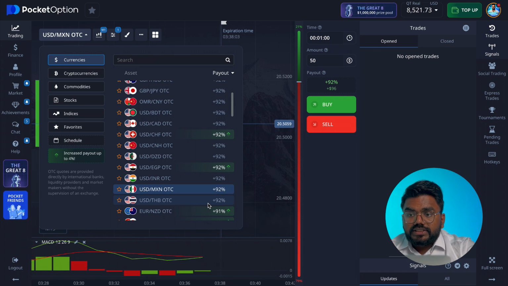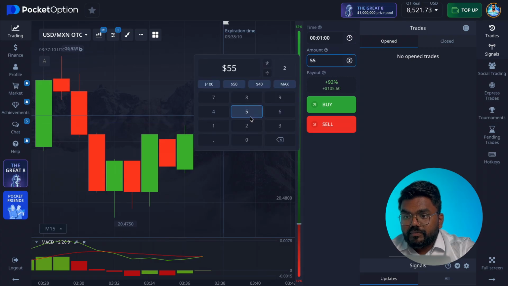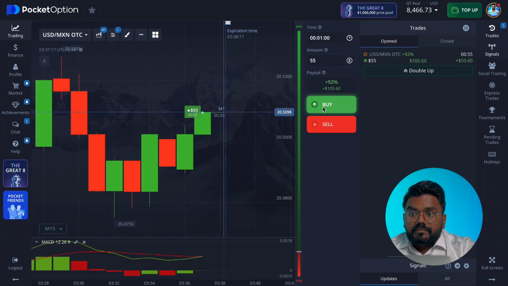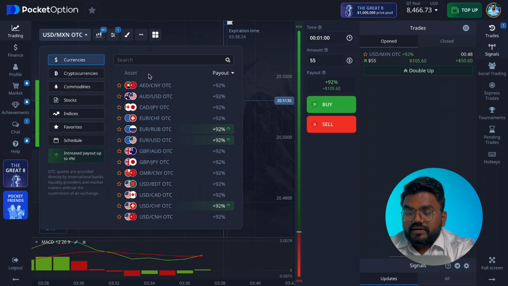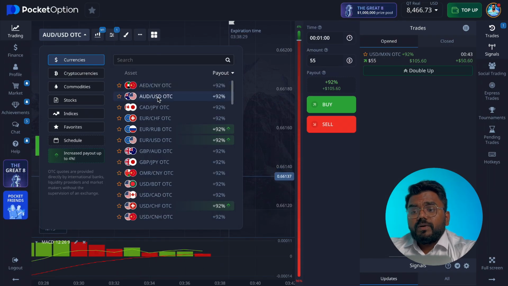Sometimes, as I mentioned, MACD strategies help you a lot, but still you need to use your own analysis regarding this. Let's go one more trade. I'm just going to go with the crossover. It just happened, and it's going to go up. So you can clearly see that it's going to go up and it's making progress over there. Let's analyze the other currency right away. Whenever you just make a bet, you can actually explore, and you should explore, a different currency. It is really important, guys, because that's how you actually make a good trade and a good strategy.